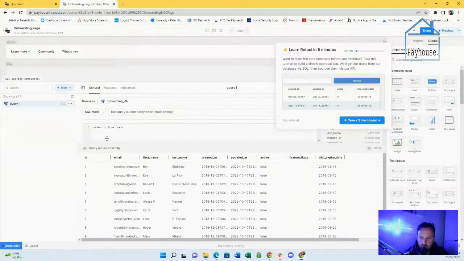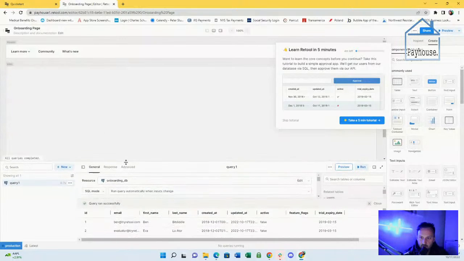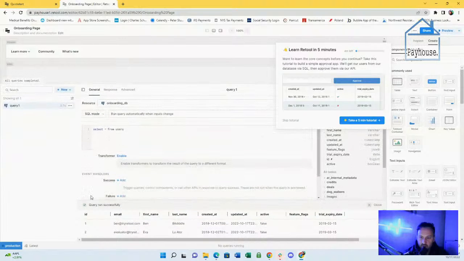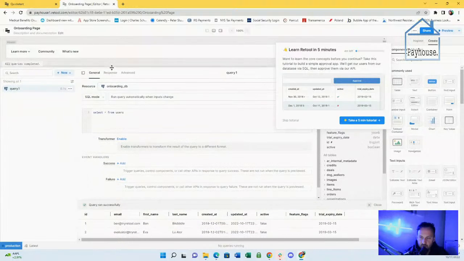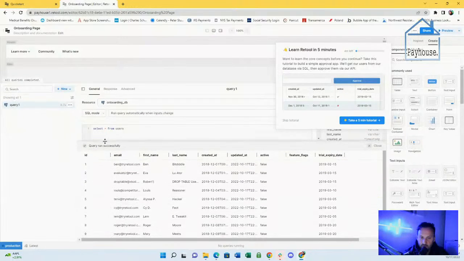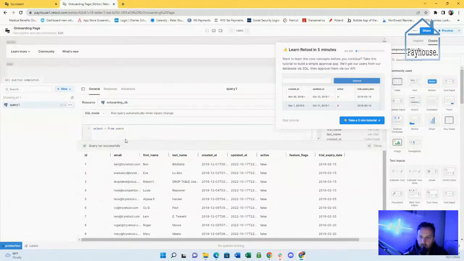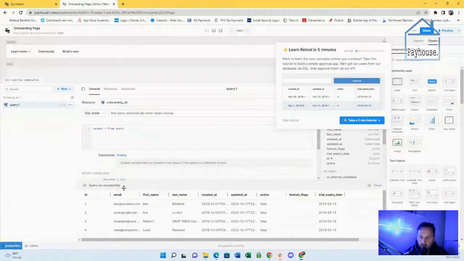Event handlers. Okay. So I guess you can just kind of expand it. This is kind of nice, actually. This is pretty nice that you can just expand this up. That's a nice user experience. All right, so this is our data. We've got 12 records in this database. I assume that this is the only page here in our database.